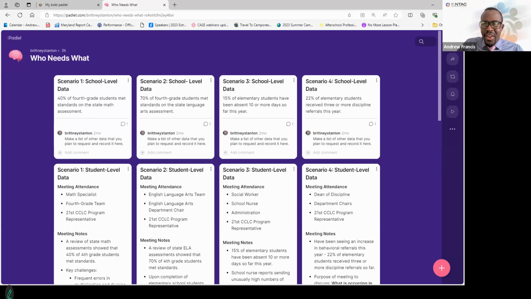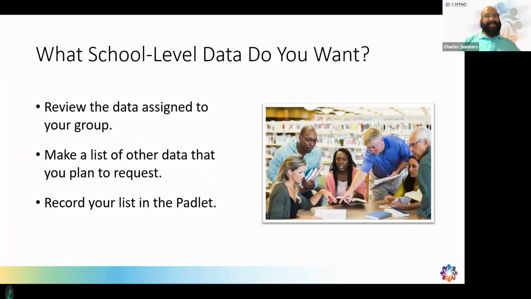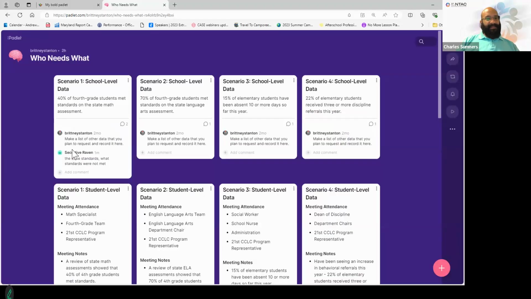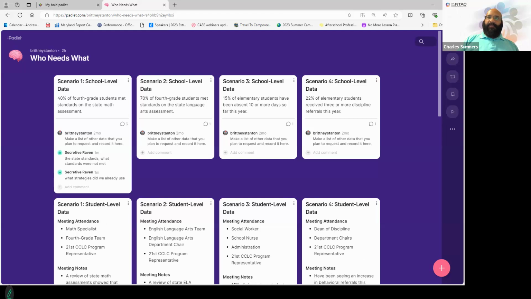Any thoughts on Shaz, your C? Sorry, let me go back. I am C. Yeah. So, actually, I'm looking at some of the answers as they start to come in. When we see that 40% of our fourth grade students met standards on state math assessments,